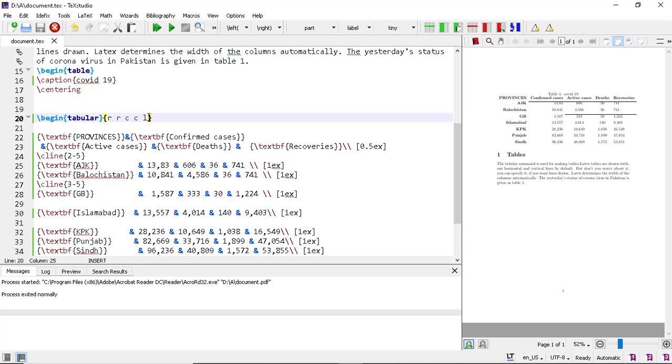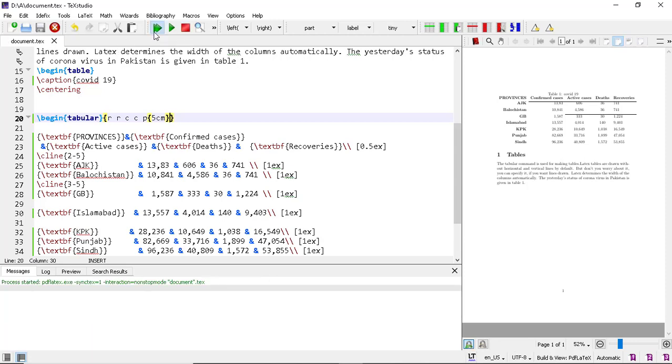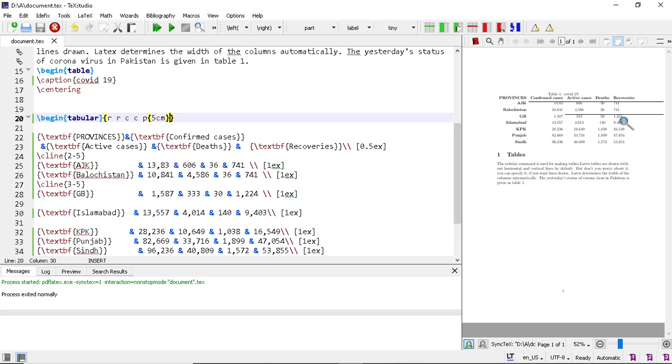So you can add it this way. Within curly brackets 5 cm, look at this.